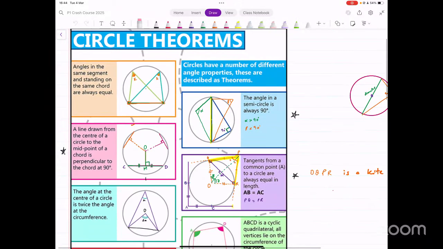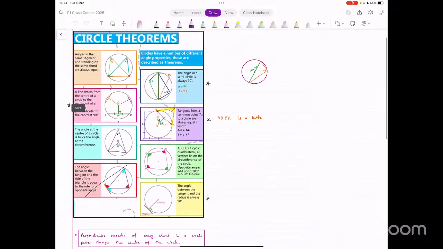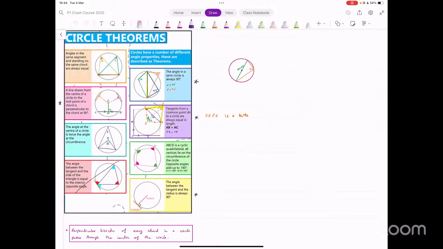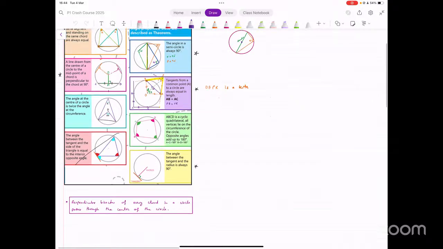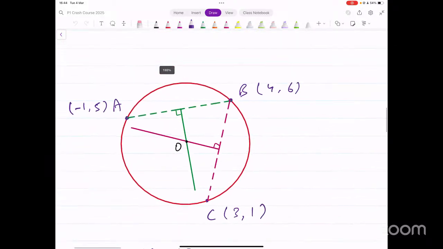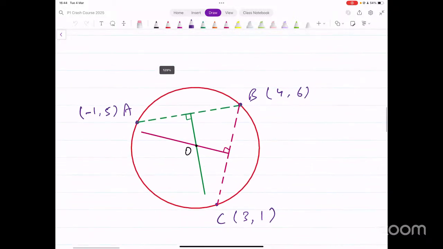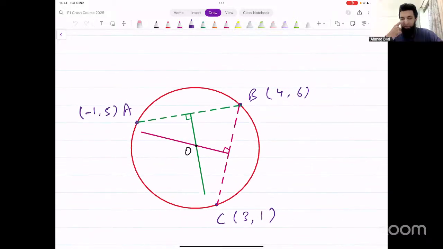Then we talked about these angle properties that you also need to know for this topic, because there will be questions in which you will have to use these properties. You need to be familiar with all of them. And then this was one last thing that we did in terms of concepts, and that was, if you have any 3 points on the circumference of a circle, you can find the equation of that circle